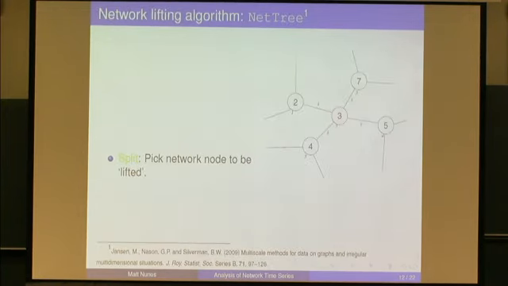Okay, so this is a very brief overview of the network lifting scheme that we're going to use. There's mathematical theory behind it, but it's a very computationally simple idea. Say this is a part of our network. We've got nodes 1, 2, 3, 4, and 5, and the 2, 3, 7, 5, and 4 represent data on that particular node of the network,